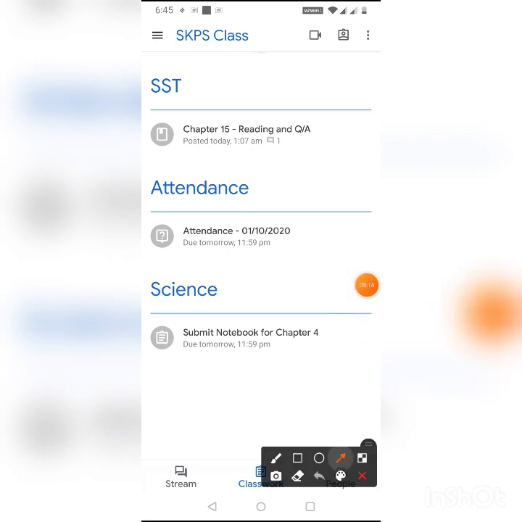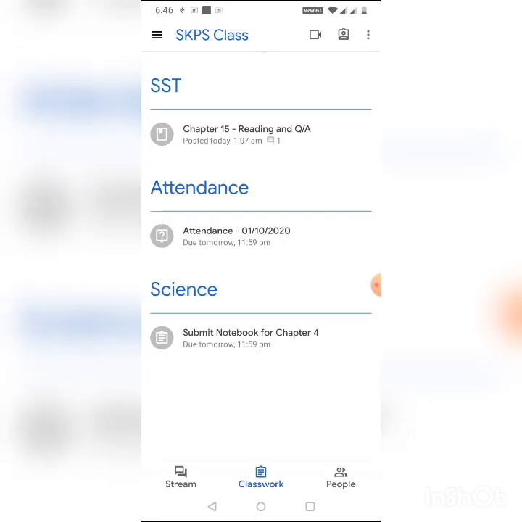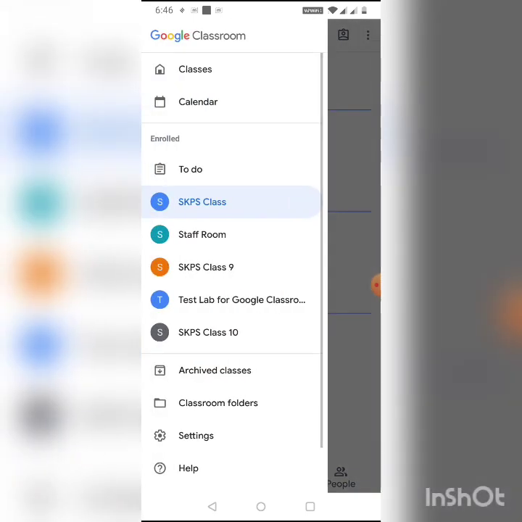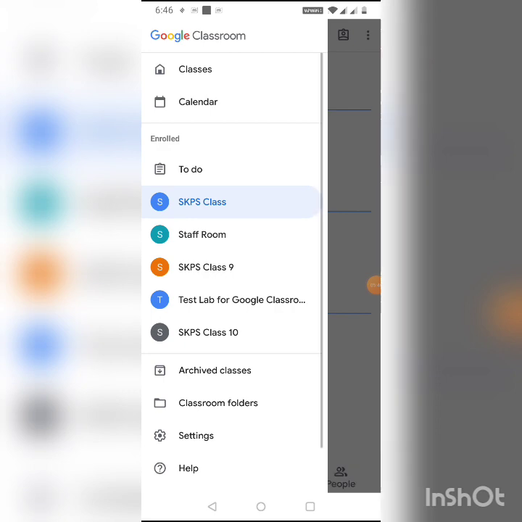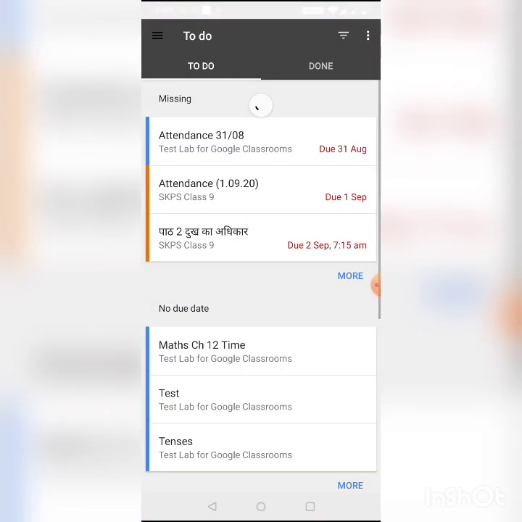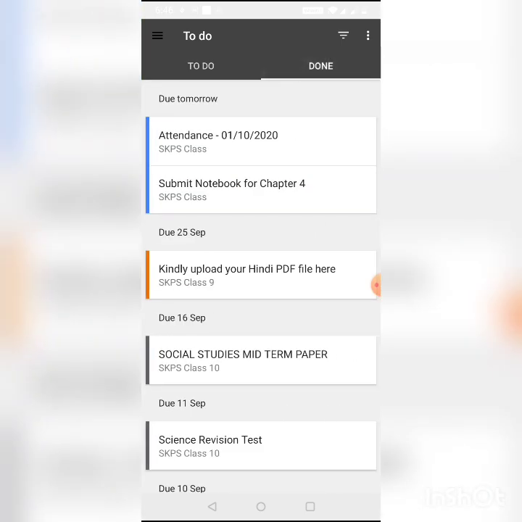Another feature that you need to see is this. When I tap on this logo or on this button, I'll be able to see all my work that has been given and that needs to be done. We'll go back. Now I'll press at the top left side, you see three sleeping lines. I'll tap there. Therein there's an option of to do. This to do will also let me know what all work is left that needs to be done with all the deadlines. See? So this is what is to do, and this will show done, will show all the work that has already been done. So all your work is sorted.